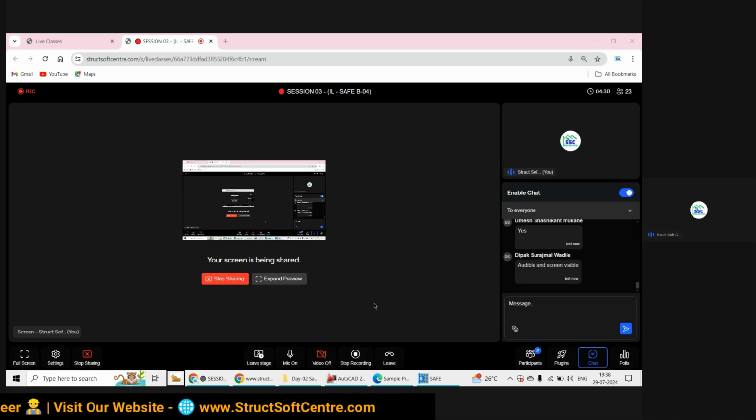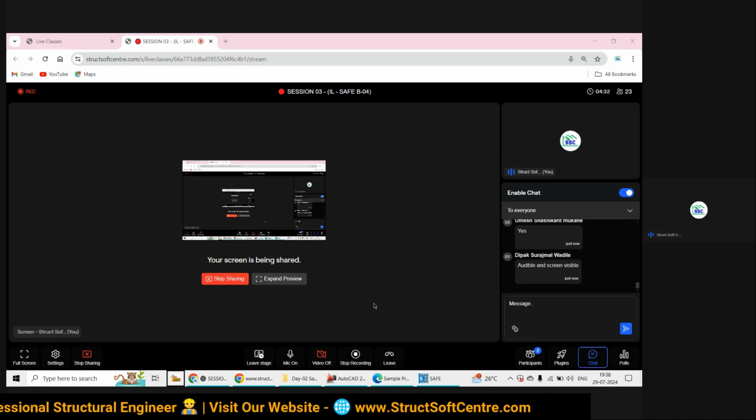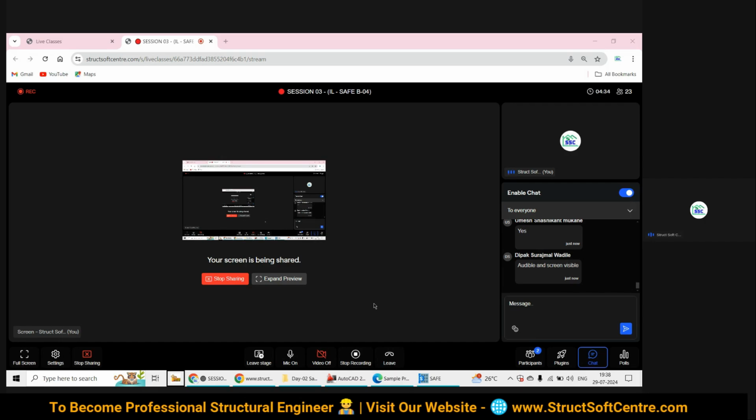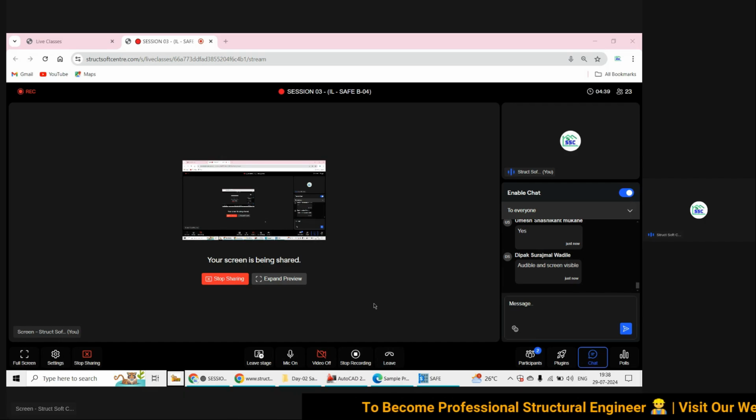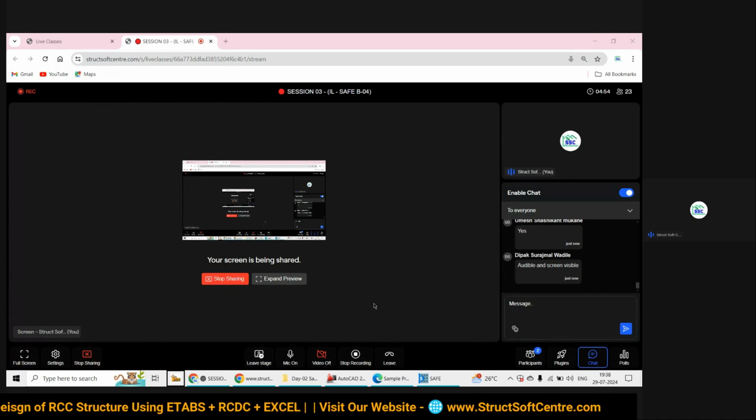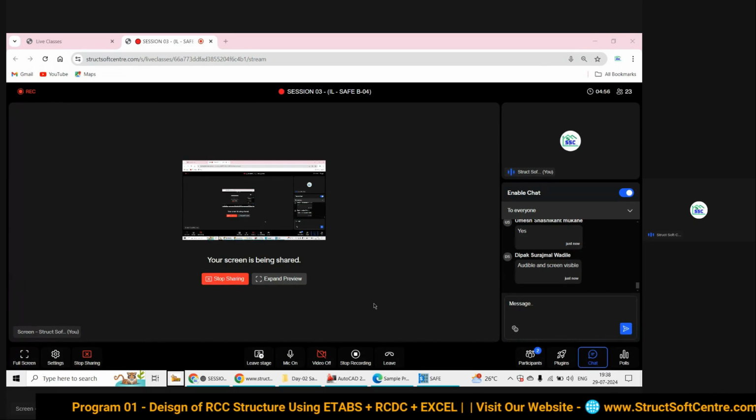So first of all, we would like to recall all the things that we have covered in the last session. In the last session, we were discussing the methods of soil exploration and the importance of doing soil exploration. Amongst all the methods, the most important and most commonly adopted method is the plate load test.